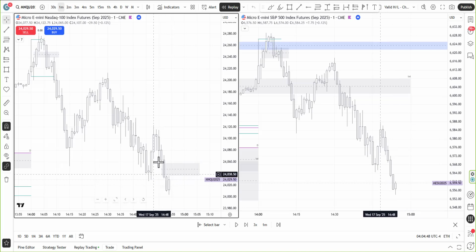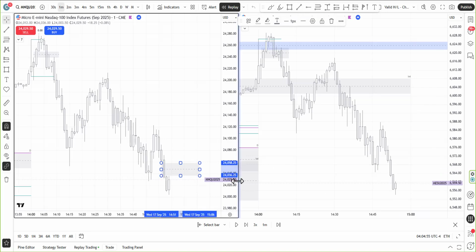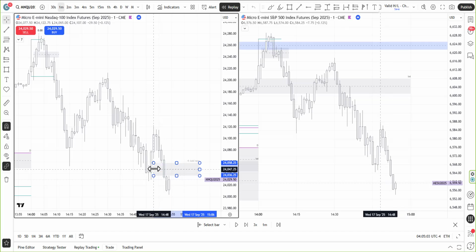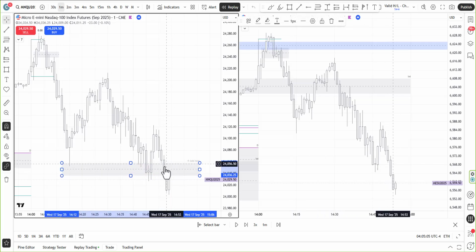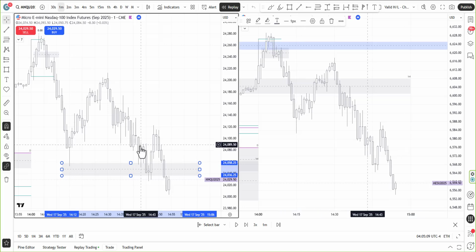But this NQ I really liked. Why? Because there is a clean 1 hour, 1 minute gap. The size is decent, like 22 points, and I take into account the entire move. But what I also do is I see if there is any interaction with this current displacement, because here price did not really displace. Okay, there's this tiny gap, but it did not do much.